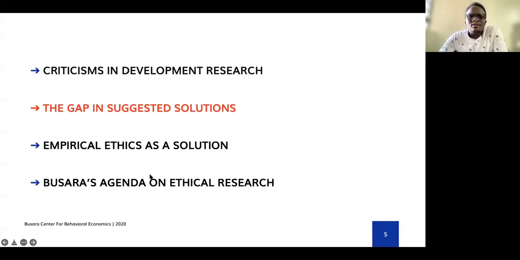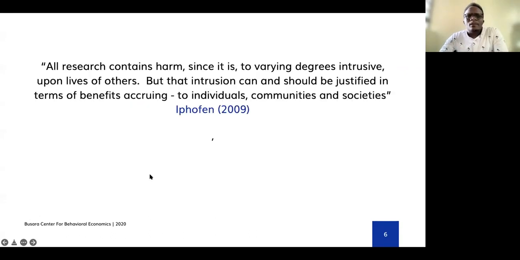And some suggestions have been brought forth, and some of these solutions, while good, for example, we have expert risk-benefit analysis, where a study is deemed to be good and doing more good if the benefits outweigh